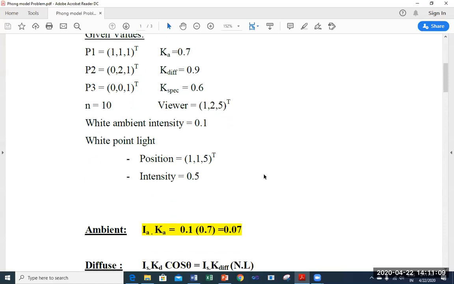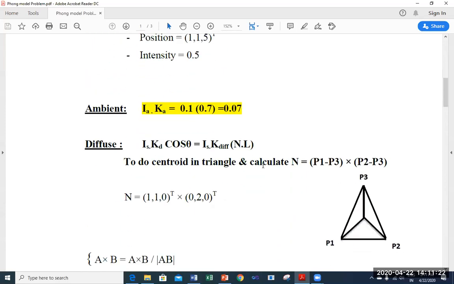So here, as they mentioned, a white point light, the position of that white point light as well as the intensity are given. Now we have to calculate ambient, diffuse, and specular. Okay, now